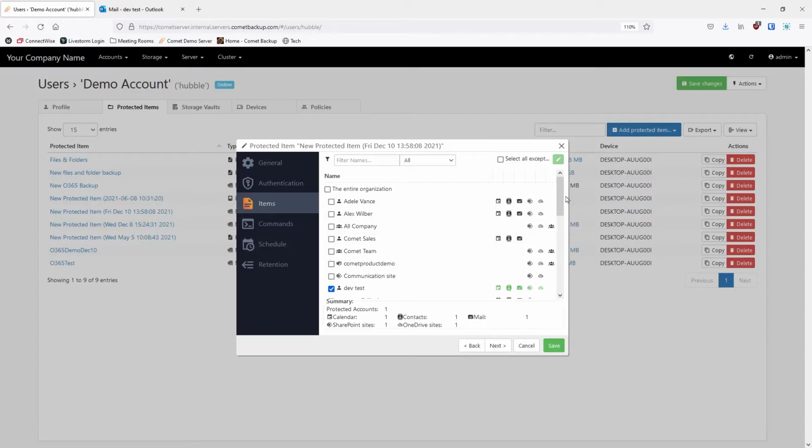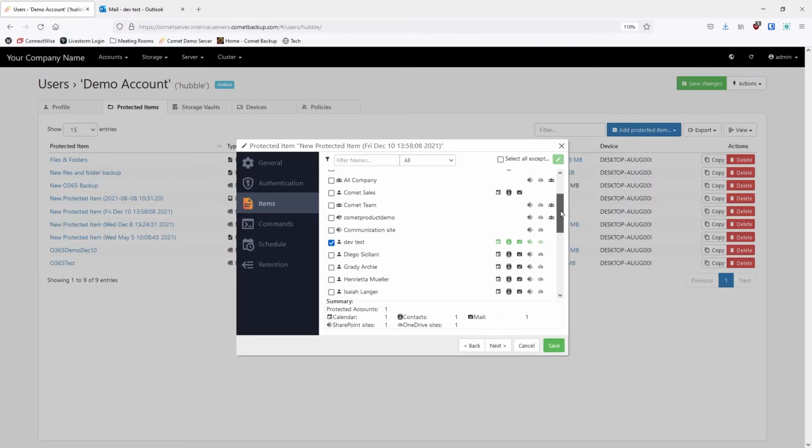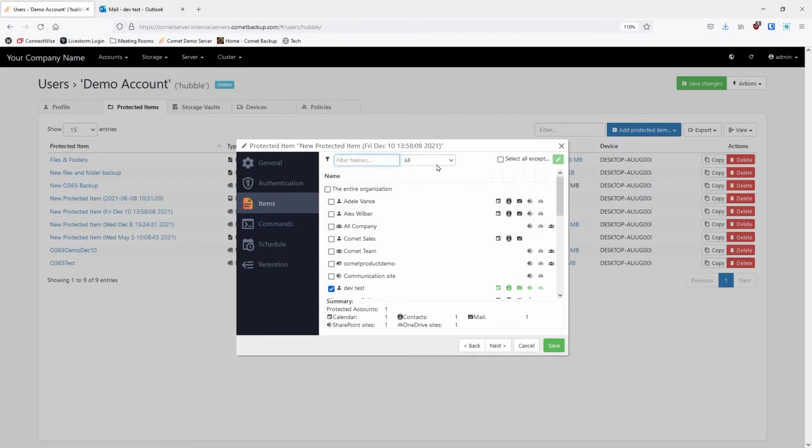And the items, which displays the accounts that you have chosen to select, which was the Dev Test, and it has all the services that have been highlighted. It also has the filter and the search on the top.